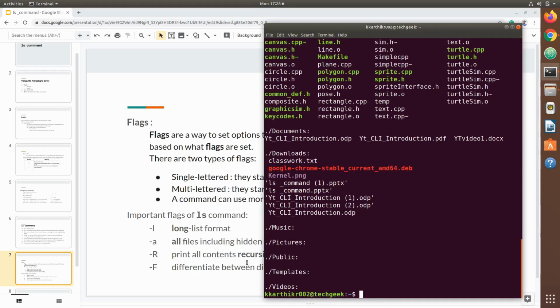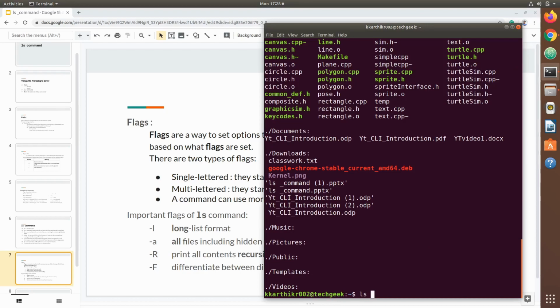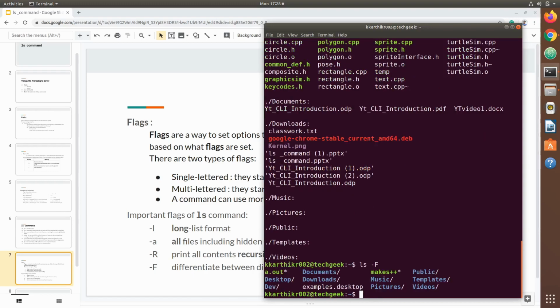Let's see another flag, which is the capital F flag. It is used to differentiate between directories and files in the output. Let's go and check it out. ls capital F, and hit enter.